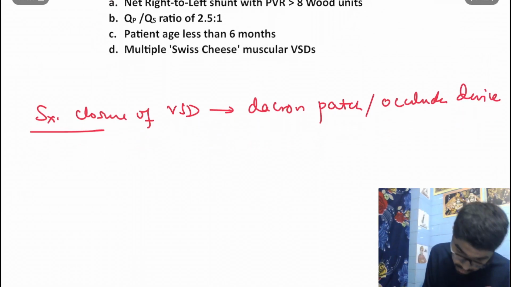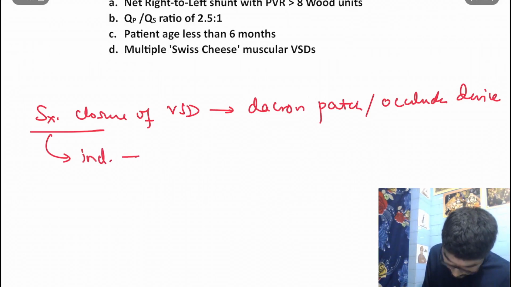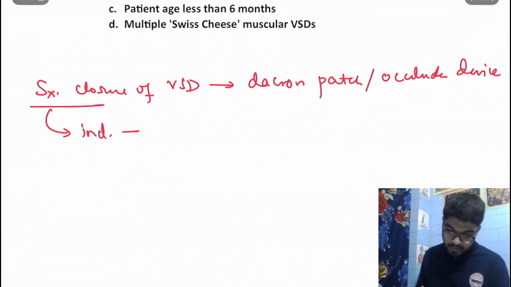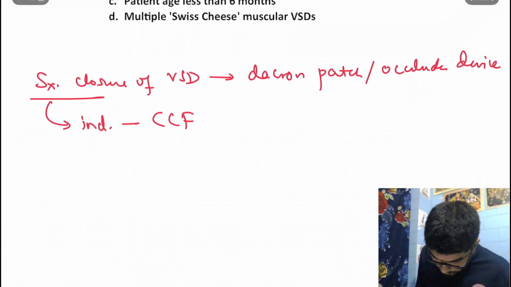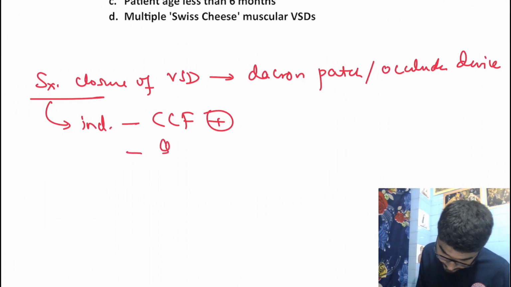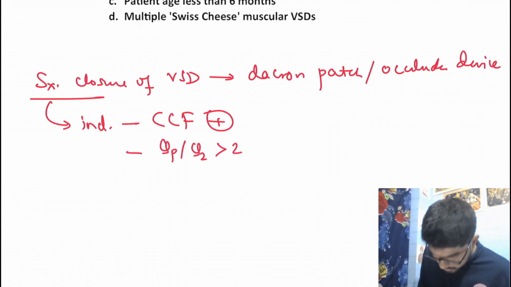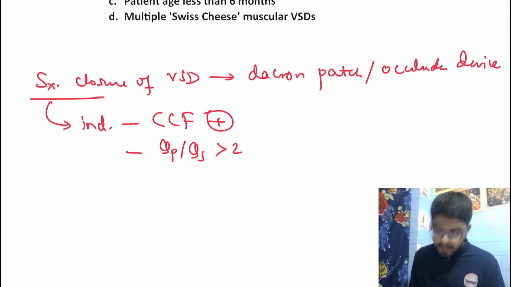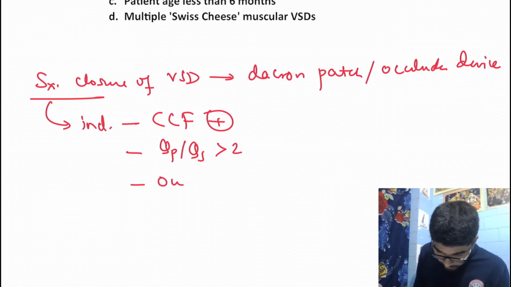Now, if we talk about the indications, remember that there are 3 indications for VSD surgery and 1 contraindication. The indication is presence of congestive cardiac failure. Second is a QP to QS ratio of more than 2. What is meant by this? QP means pulmonary flow, QS means systemic flow. If the pulmonary flow to systemic flow ratio is more than 2, that is an indication to perform surgery. And if we get an outlet variety or a Swiss cheese